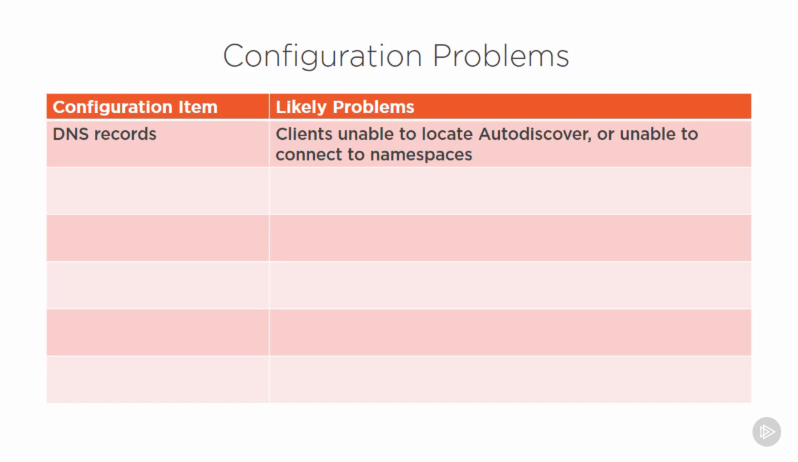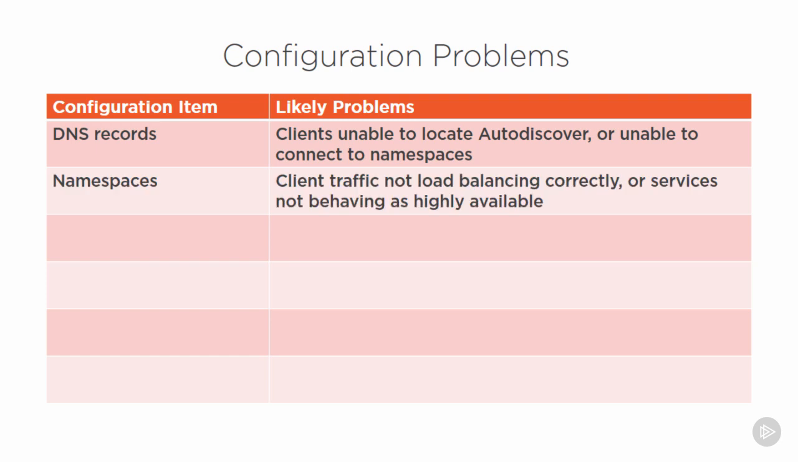problems. And here are some of the problems that you might encounter for client access through your troubleshooting and investigation of issues that users are experiencing. DNS records can cause problems with clients who are then unable to locate an Autodiscover service, and they may also be unable to connect to the client access namespaces. So if they can't resolve them in DNS,